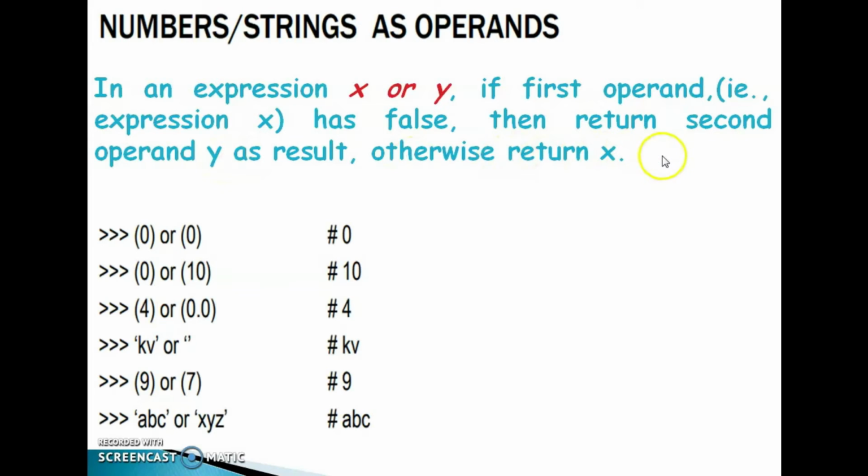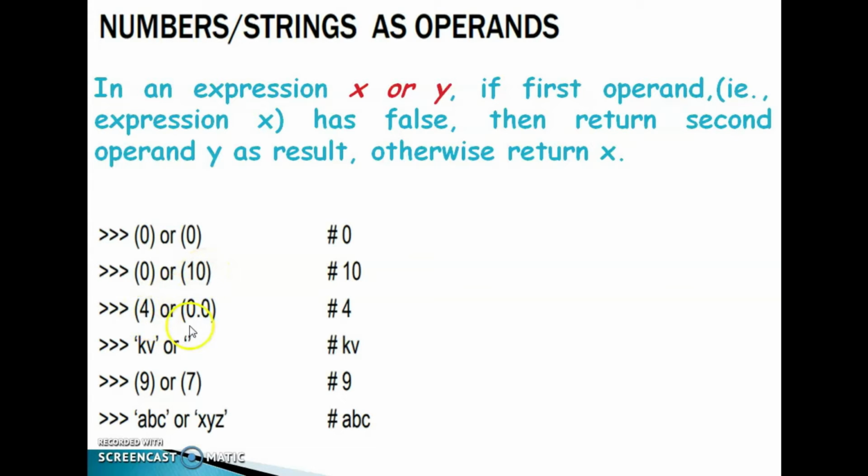Otherwise return x. Check this one, 0 or 0. It will return 0. Okay, 0 or 10. 0 means that is false, or 10, 10 is true. If the first operand is false, it will return operand y. In this case 0 or 10: 0 is false, 10 is true. The first operand is false, so it will return the operand y, that is 10.